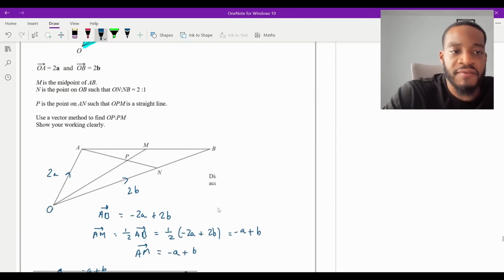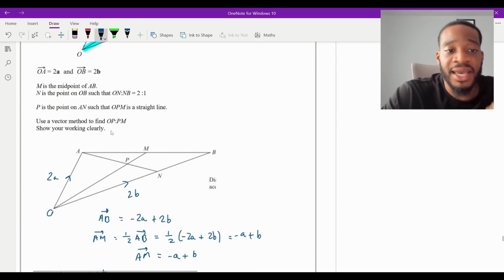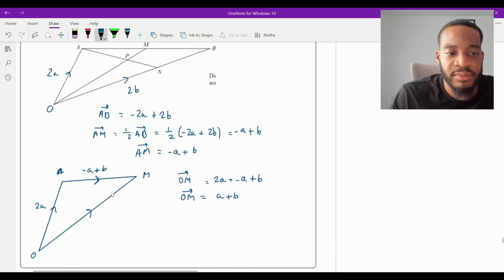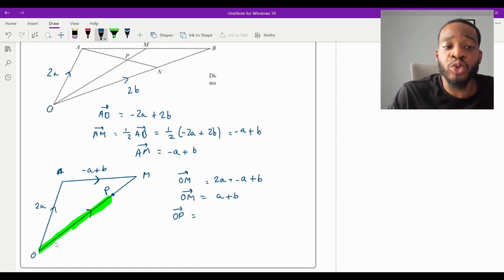Now, remember what we're trying to figure out? The ratio of O to P and P to M. If I look at the diagram, remember P is just going to be somewhere along here, right? We can see quite clearly that O to P is a fraction of the entire line O to M, right? So what I can say is that the vector O to P is going to equal some multiple